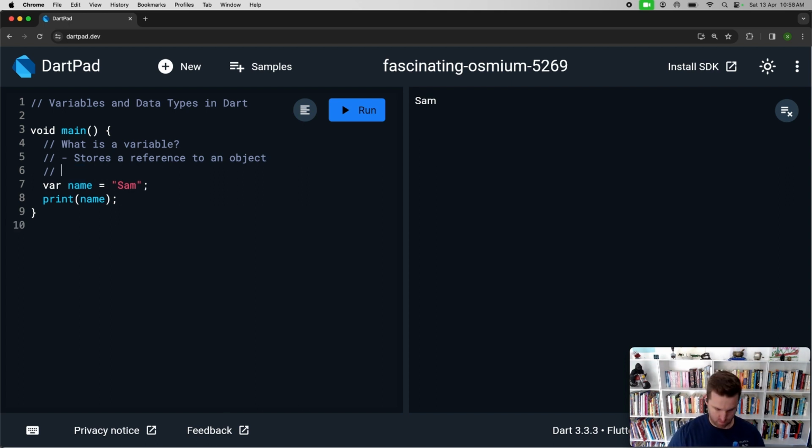So what is an object? In Dart, an object is essentially the parent data type of all data types except for null. So don't worry too much about null. It's just a return of nothing. It's a nothing value. Null is what that is. So object being the parent of all other data types, for example,